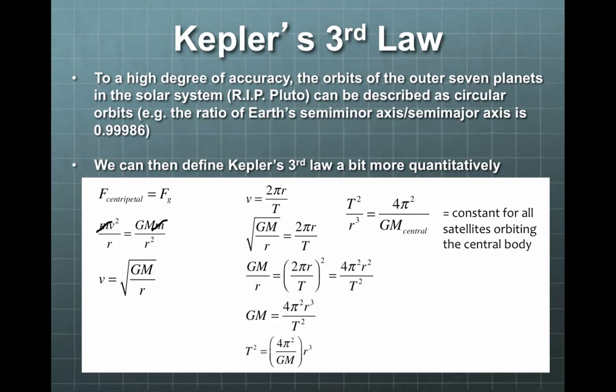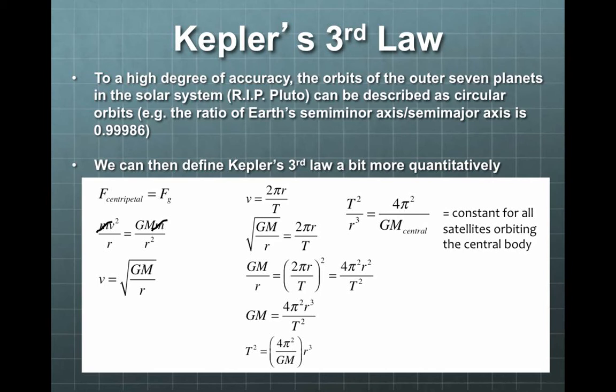And that constant depends on the mass of that central body. And this is a constant for all objects orbiting that central body. So for the case of the planets, that ratio is the same for Earth as it is for Mars, as it is for Venus, Jupiter,